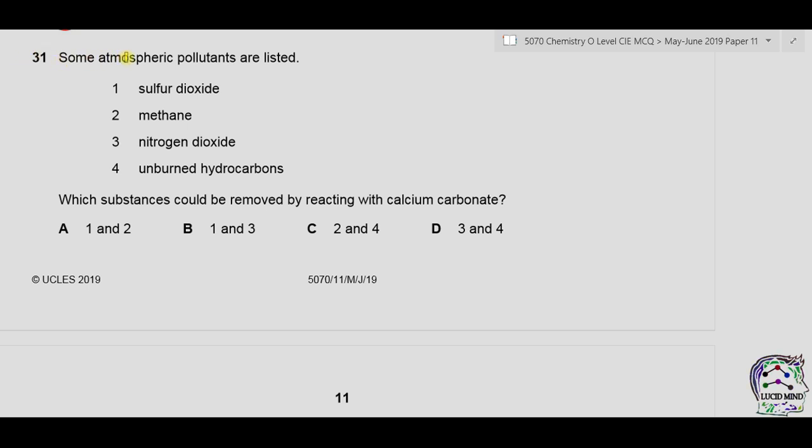Question 31. Some atmospheric pollutants are listed. We have sulfur dioxide, methane, nitrogen dioxide, unburnt hydrocarbons. Which substances could be removed by reacting with calcium carbonate? First one is sulfur dioxide. Now sulfur dioxide is a non-metal oxide and it is acidic in nature. It can react with calcium carbonate,